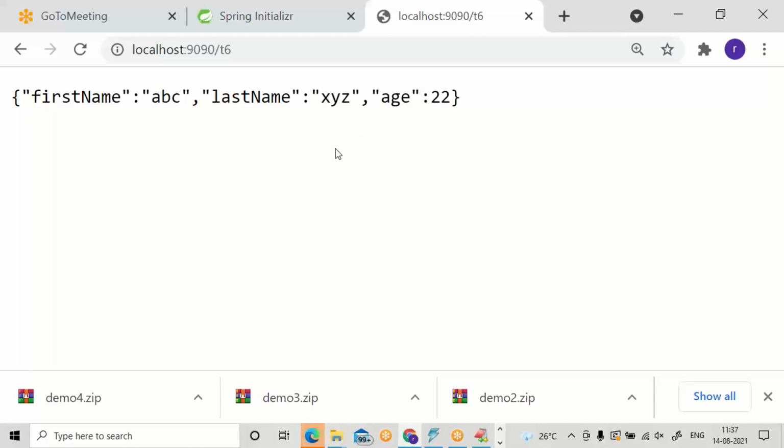In case of derived types, we may have a has-a relation, collection attributes, or array attributes inside a bean class. That portion I'll show you in the next section.